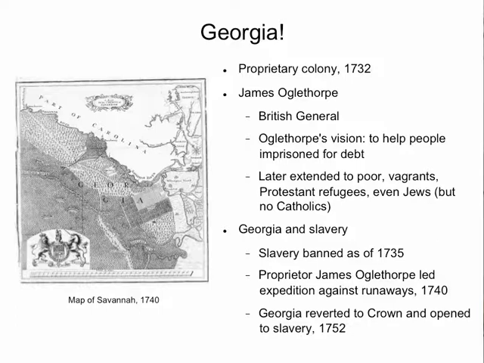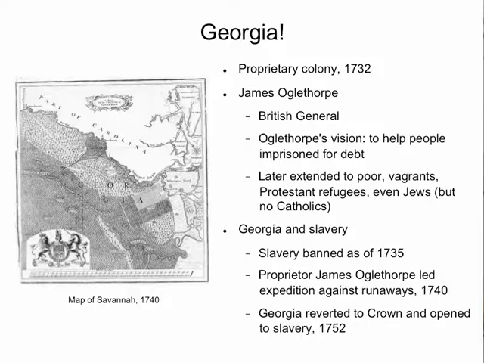And so Oglethorpe actually attacked Fort Mose, trying to recapture those slaves. He was not successful, but he tried it. But it is important as a historical fact that Georgia was the only English colony that banned slavery, at least